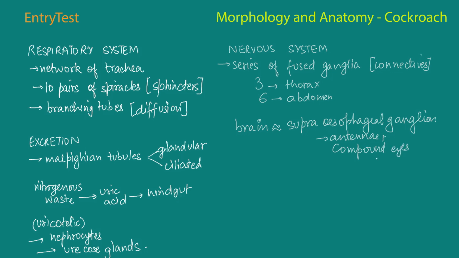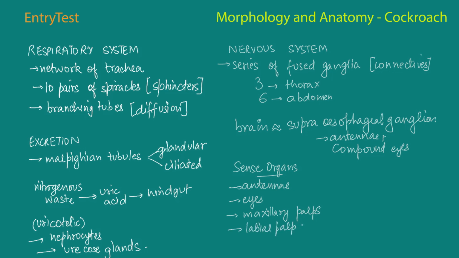And in the cockroach, the sense organs consist of the antennae, the eyes, the maxillary palps that are used in eating food, the labial palps, the anal cerci, and a few more. Now the compound eyes are situated on the dorsal surface, that is the upper surface,